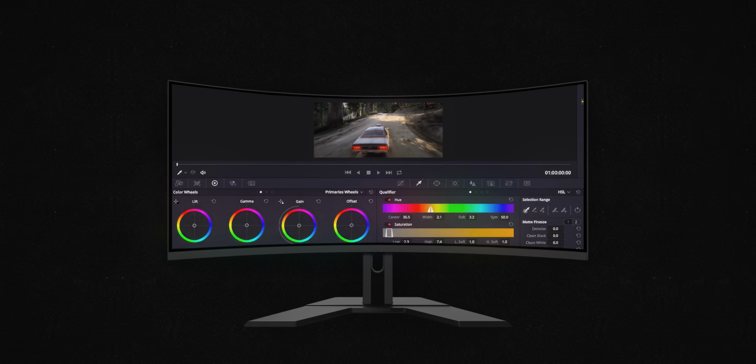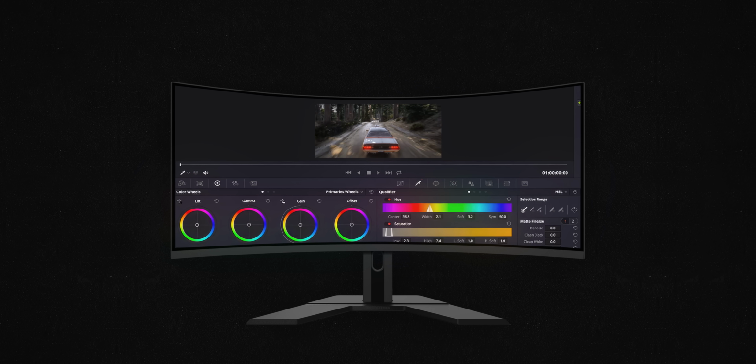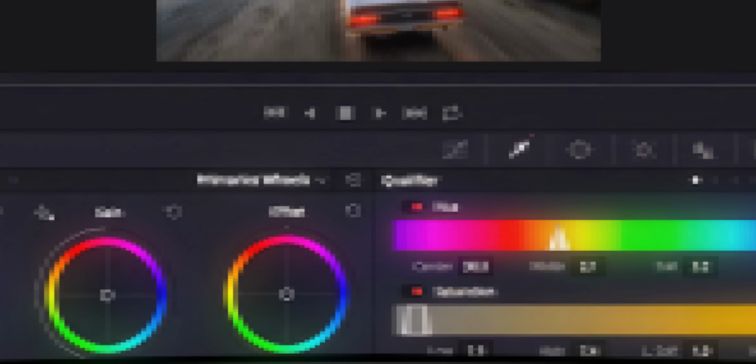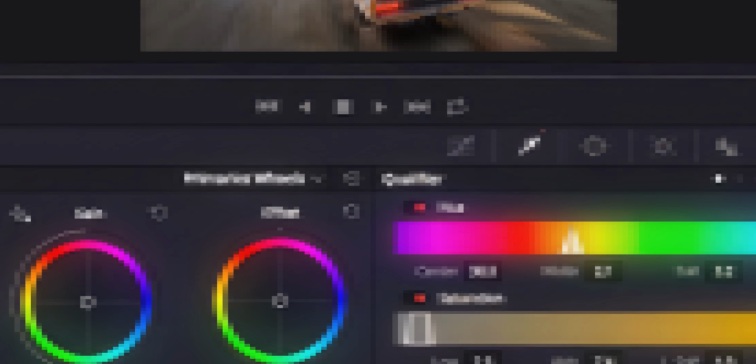Of course, this can vary from person to person. For example, a friend of mine can comfortably use a 27-inch 1080p monitor, but I get quite uncomfortable due to the low pixel density. Therefore, I can't say that the PPI value should be at least this much. It depends on the individual.